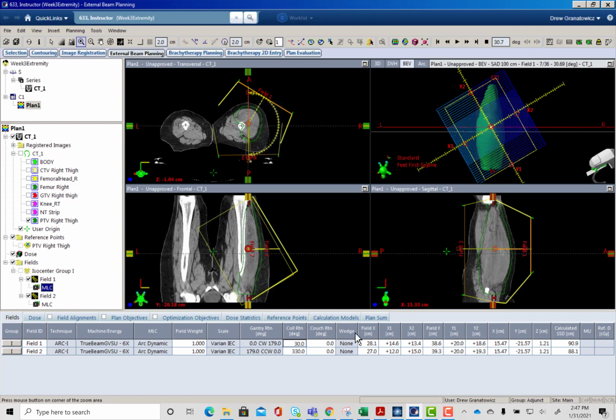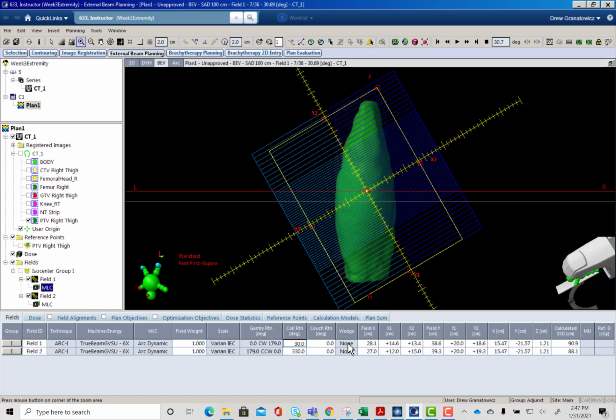But what I want to point out, talk a little bit about, is our extras right here. Our extras are 28, 27, so that's really, really wide. The reason why you want to pay attention a little bit to your extras is because your MLCs are only 15 cm long. Okay, so hypothetically,